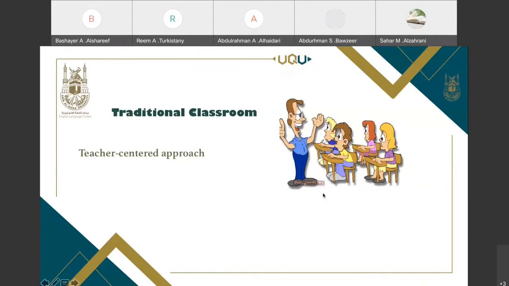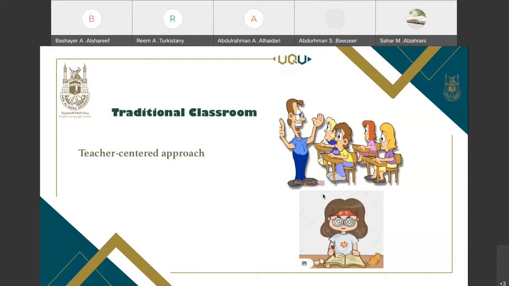Now, what is happening at home? Let me give you an example of a typical math class. Teacher is in the classroom. She is explaining everything on the board, all problems and all formulas. And then she gives some homework to the students. When the students go home to apply what they have got, they feel that they are in trouble and